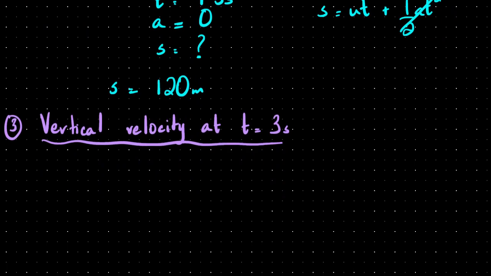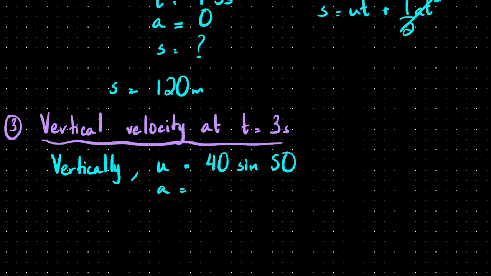Again, the vertical velocity means that we would have to take the vertical aspect of this projectile motion. So vertically, again, what do we know? We know the initial velocity with which it was projected, that was 40 sine 50. And we know that vertically acceleration is negative 9.81, and we know t is 3, and we really need to